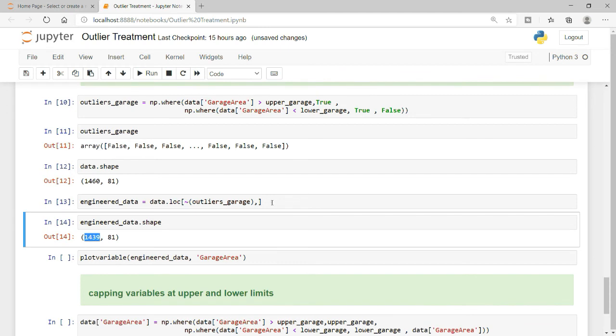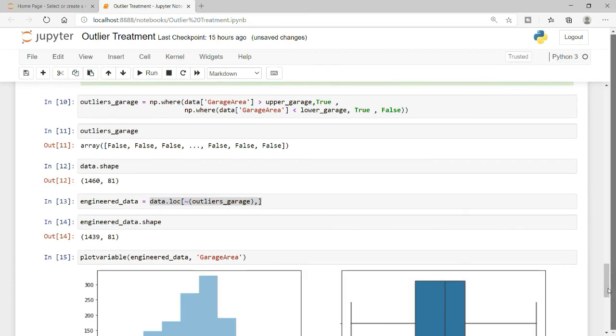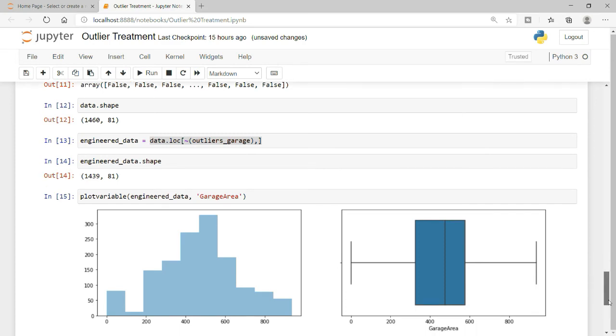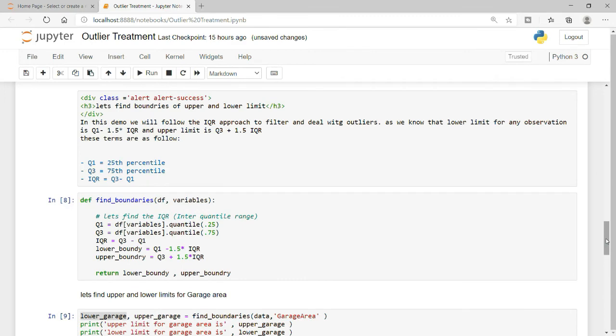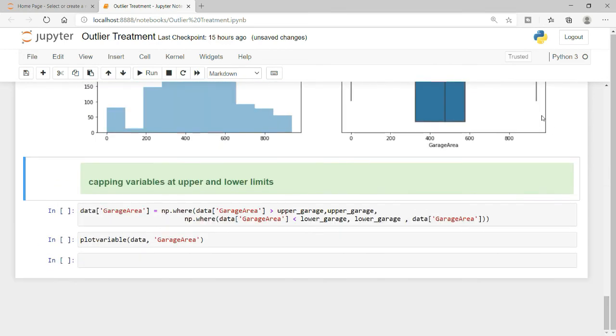This is a very simple approach, and you can create a function for this, put all these instructions into a function and use it in your pipeline. So this is very simple. Now if I plot my variable again, you see that all these observations which were going beyond this range, and you can see the histogram also, that we have now taken care of our outliers. I do not see any outlier in my box plot now. You can verify it from the above plot. Here we had a lot of outliers, and here we have now taken care of them.